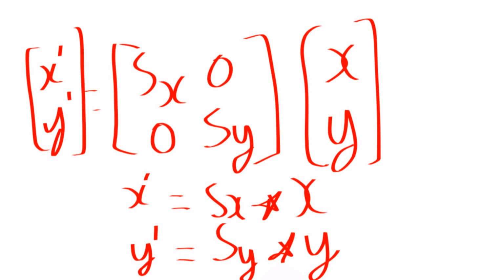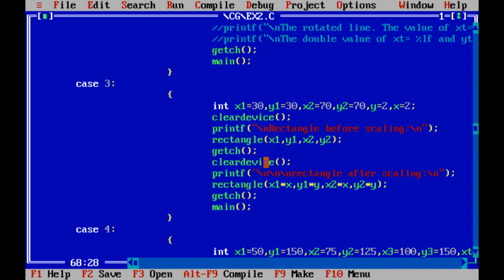Let's get back to our program. Scaling should be very easy. As you see, we are again going to draw a rectangle as we saw in the translation. So this function draws a rectangle. As we all know, we are just clearing the screen before we get into the scaling block. So scaling is all about changing the size in x and y coordinates with the scaling factor.